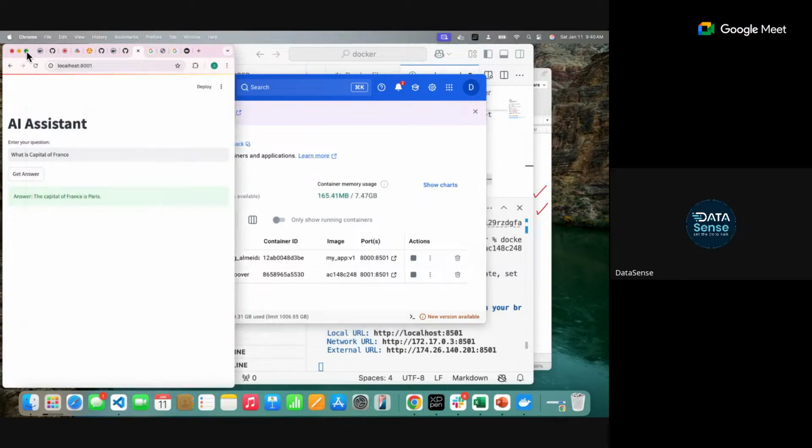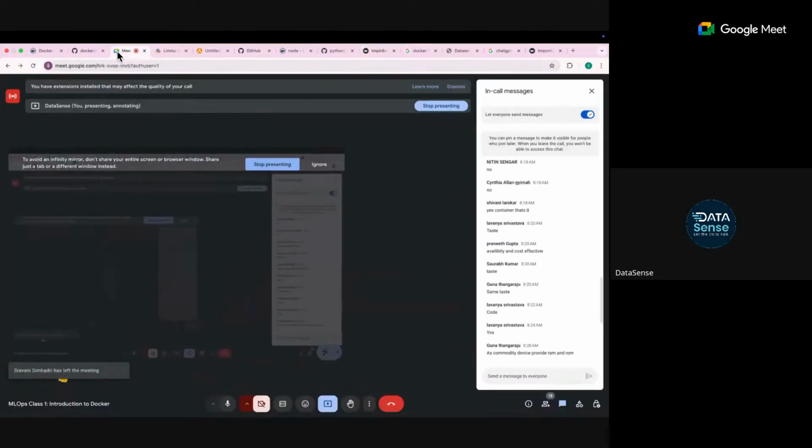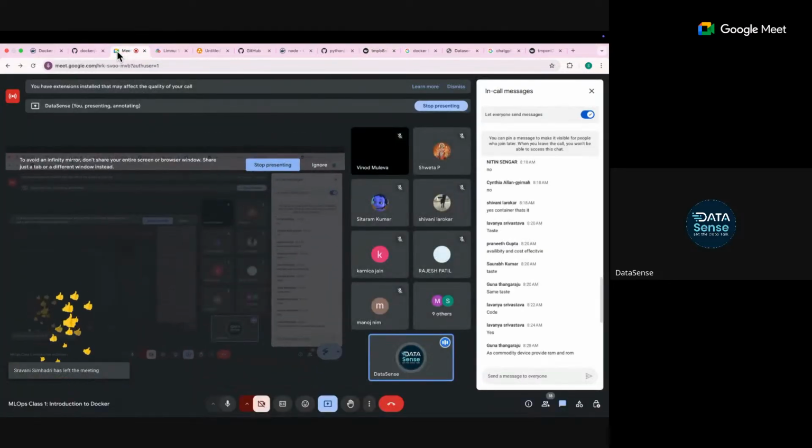But this is the concept of Docker that we just discussed, the basics of Docker. What is Docker? What is a Dockerfile? What is a Docker image? What is a Docker container? We will deep dive more in the next class, not right now. But yeah, that's it for today's session. If you guys have doubts, please let me know. We can have a doubt session.